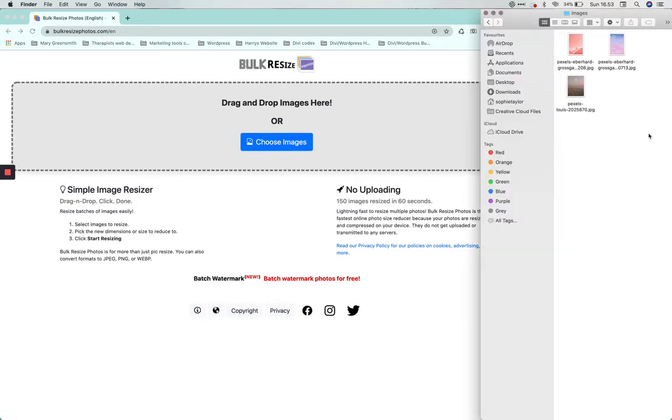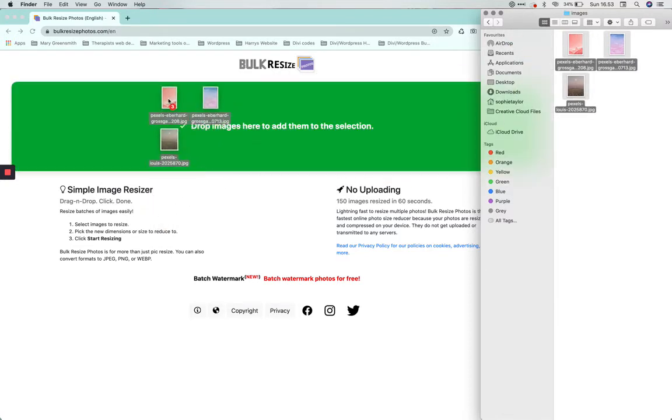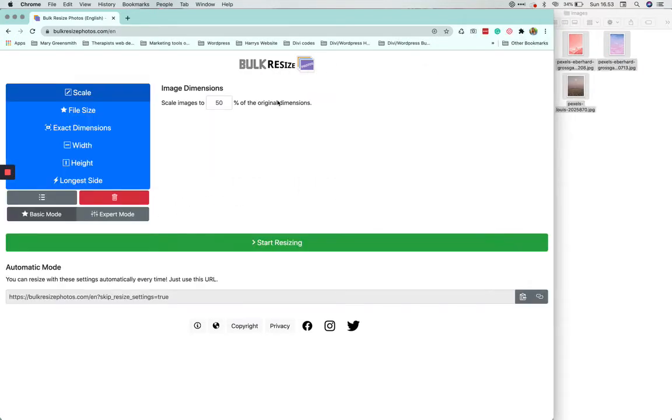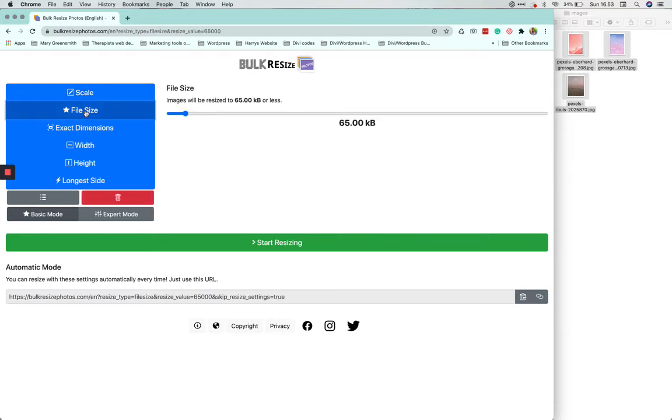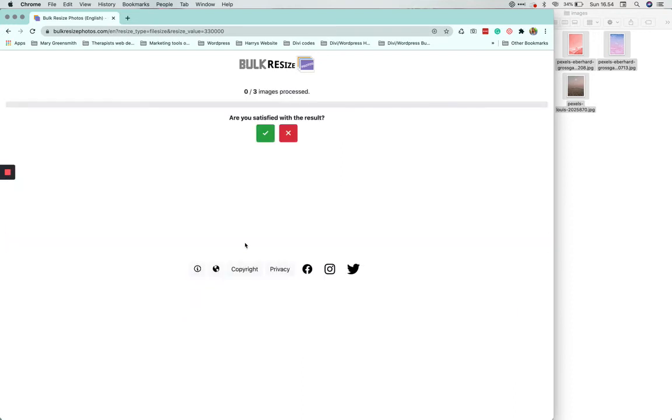So if I have all my images, you could put all of your images here and do them all at the same time. I'm just going to literally drag them onto that, and then you can either scale the images, but I want to reduce the file size. So images will be reduced to 65 KB. You could have between 100 and 500, let's say around 250 for these images, and then click start resizing,